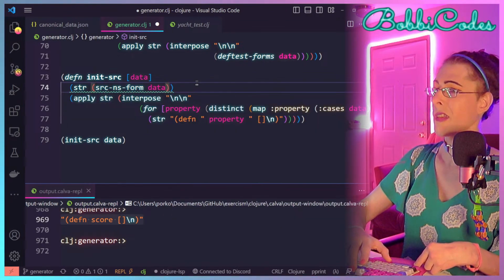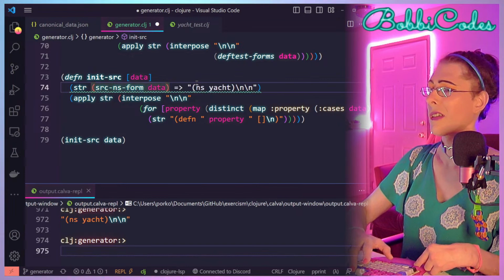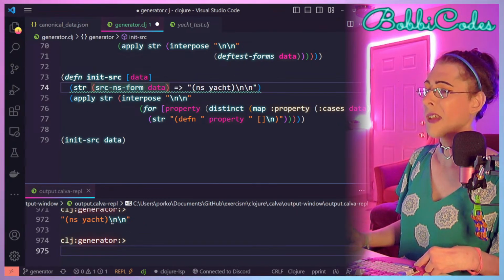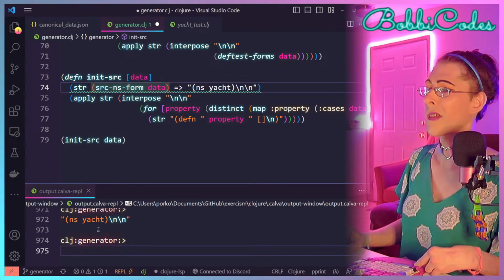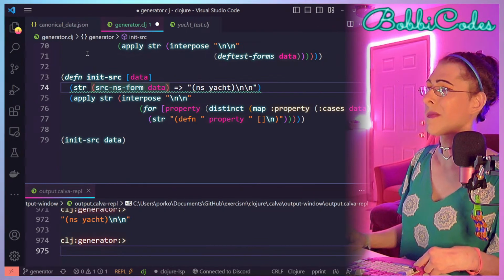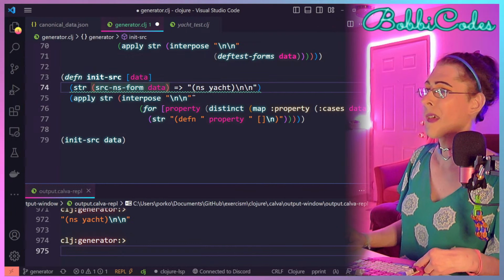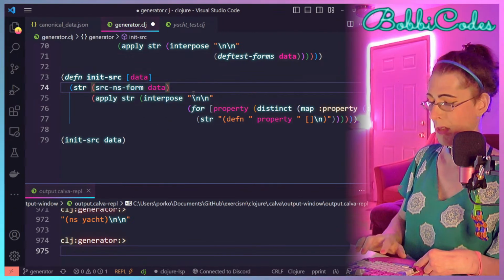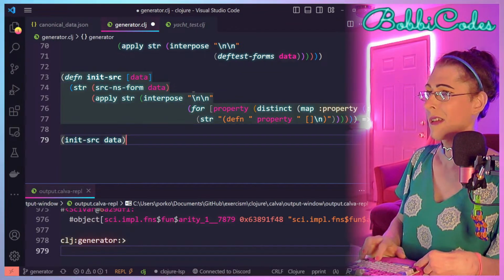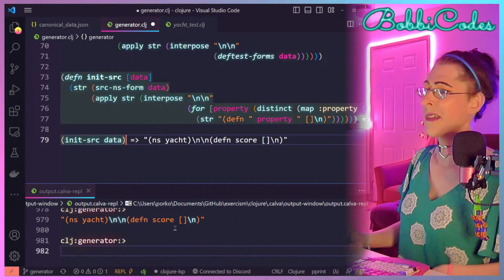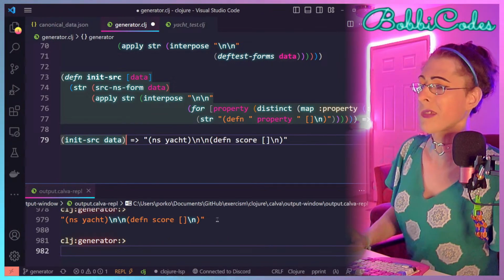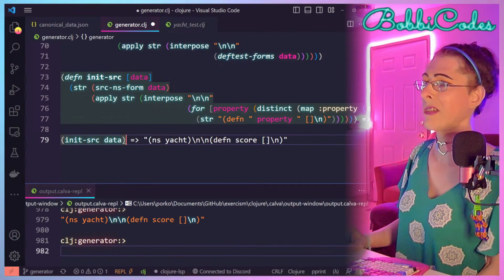Which if we call that as ns yacht, oh, that has the newlines there already. Oh, yeah, which is fine, because then it goes there. Cool. So then do that like that. And that's our entire source file, skeleton file.